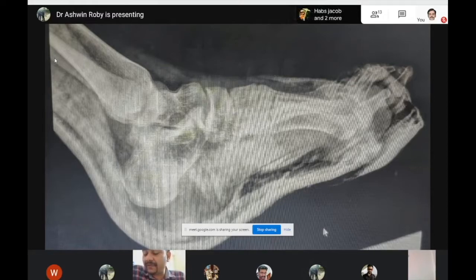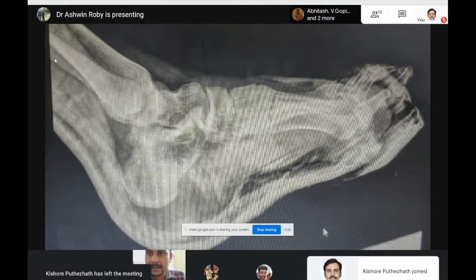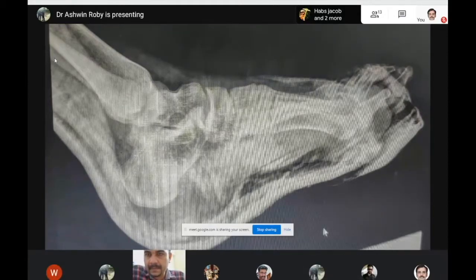What were the clinical findings when you saw the patient before seeing the X-ray? Was the foot swollen? Yes, sir. There was swelling on the foot. There was a crush injury over the medial aspect corresponding to the medial cuneiform. There was also instability, sir. When I tried to reduce the medial cuneiform, it was dislocating again.